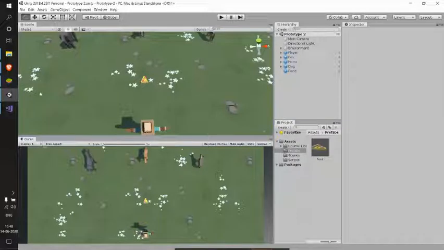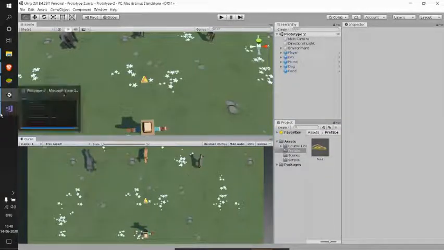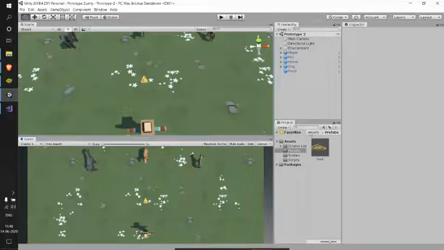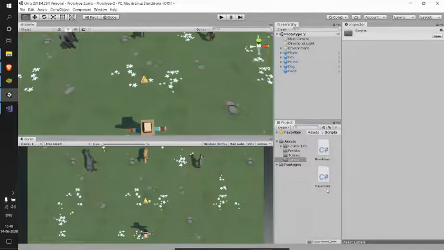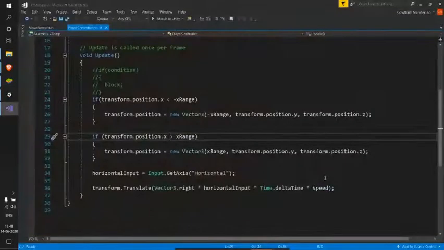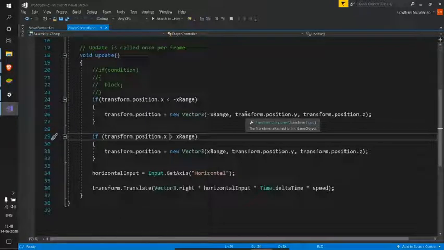So to do that, let me go to my scripts folder, and in my player control script, so this is the ability of my player, right? We will be doing this in our player control script. For that, we need the reference of our projectile prefab, obviously.